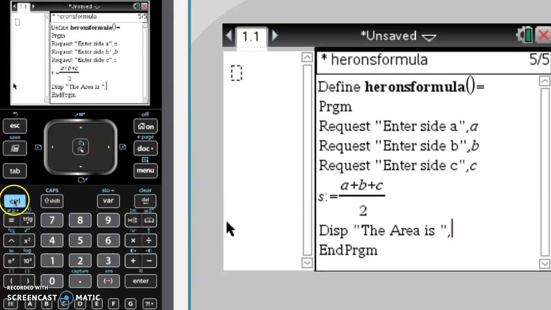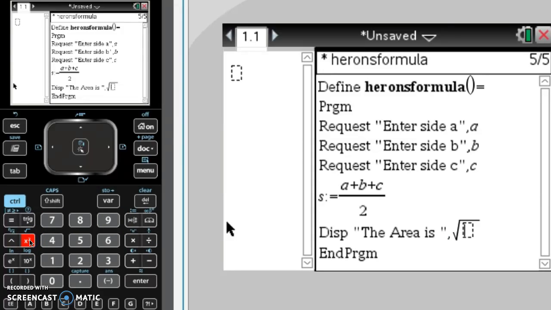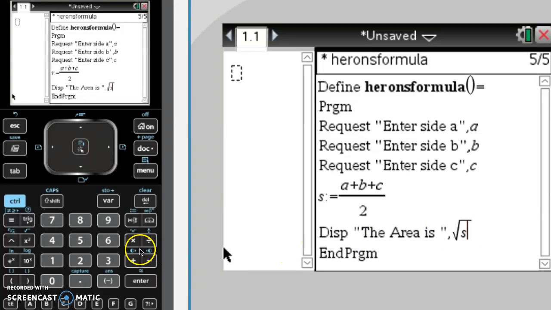That's control x squared, which is the square root, and we'll type in s. Then you have to use the multiplication operator here, otherwise it may not work properly. So we'll do s times, and parentheses, s